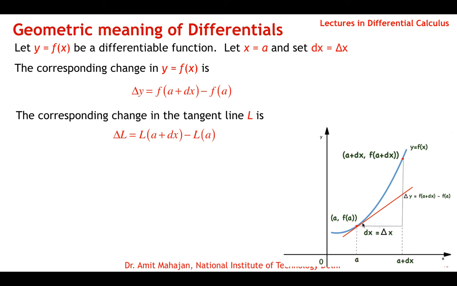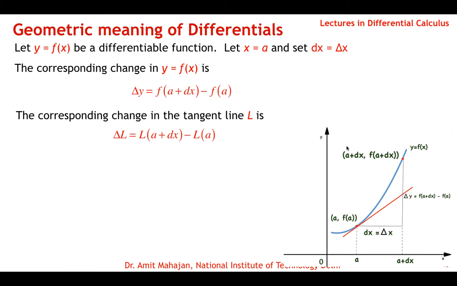Okay, so what is the corresponding change here, this height? The delta L is L of a plus dx, meaning the value on the tangent line at the point a plus dx, which is here. And minus L of a means the value on the tangent line at a, which is here. So the difference is this point minus this point. And this is a tangent to the curve, so we can use the linearization to find the equation